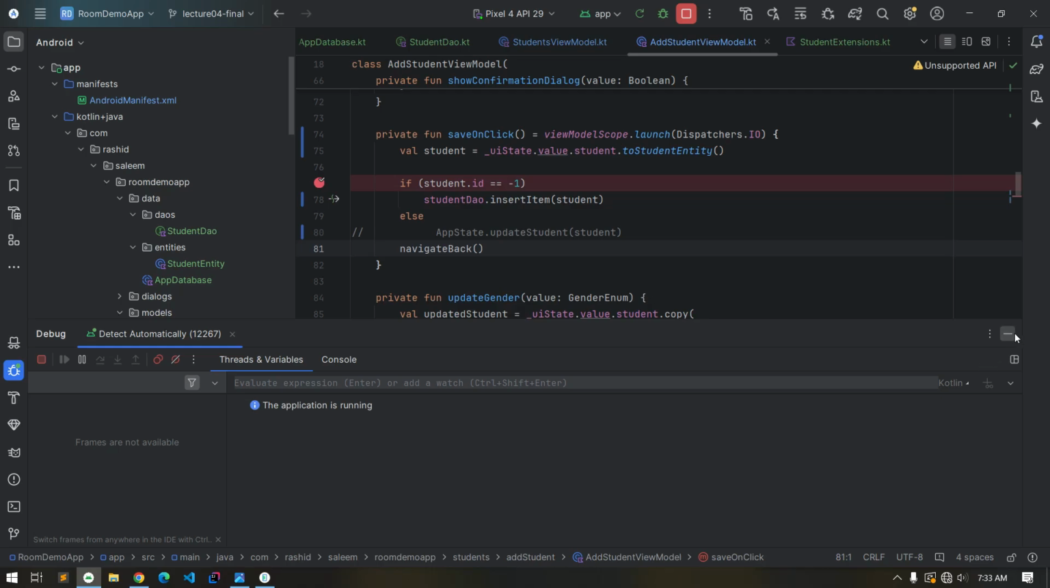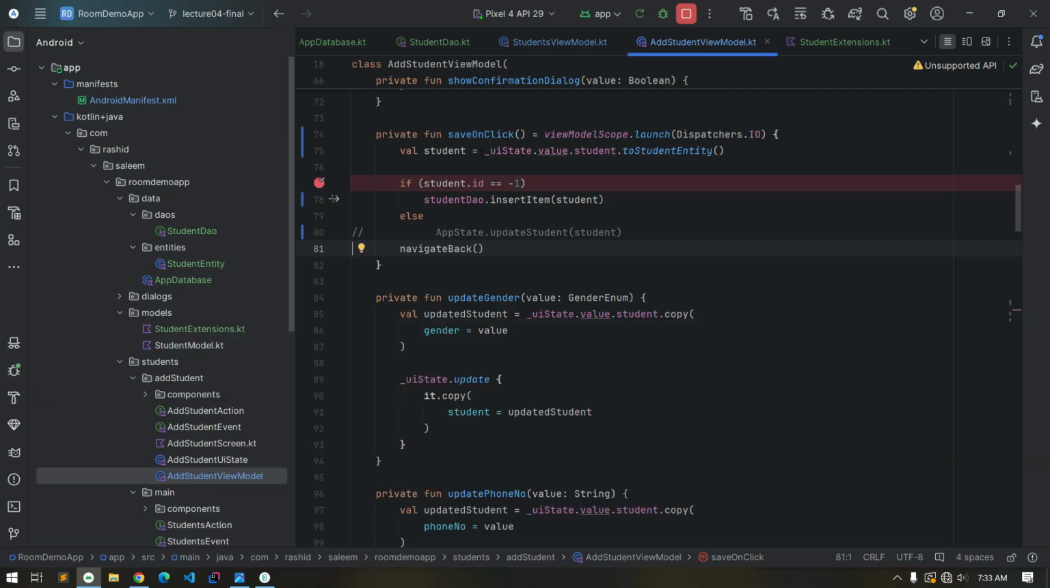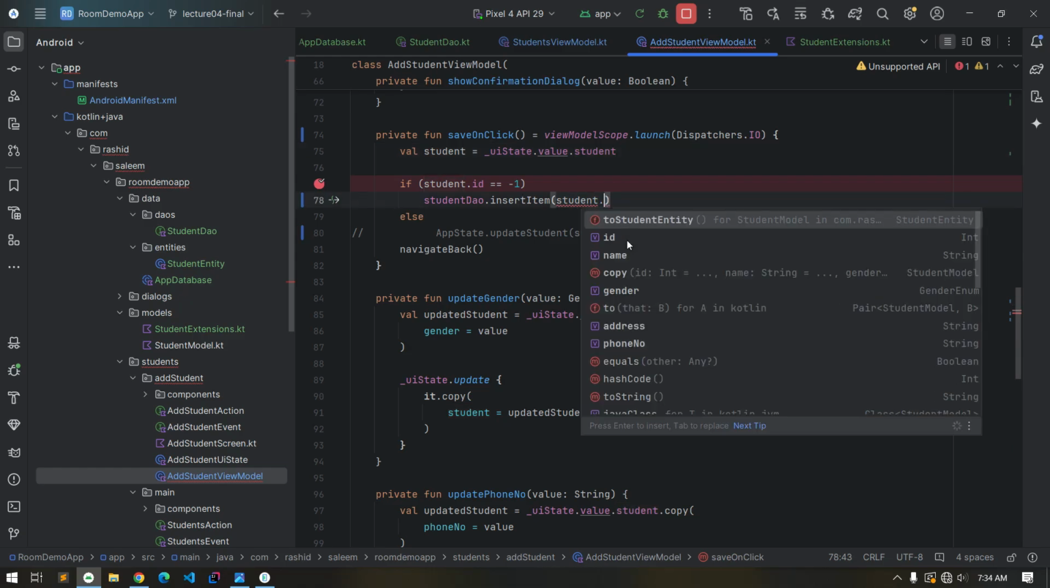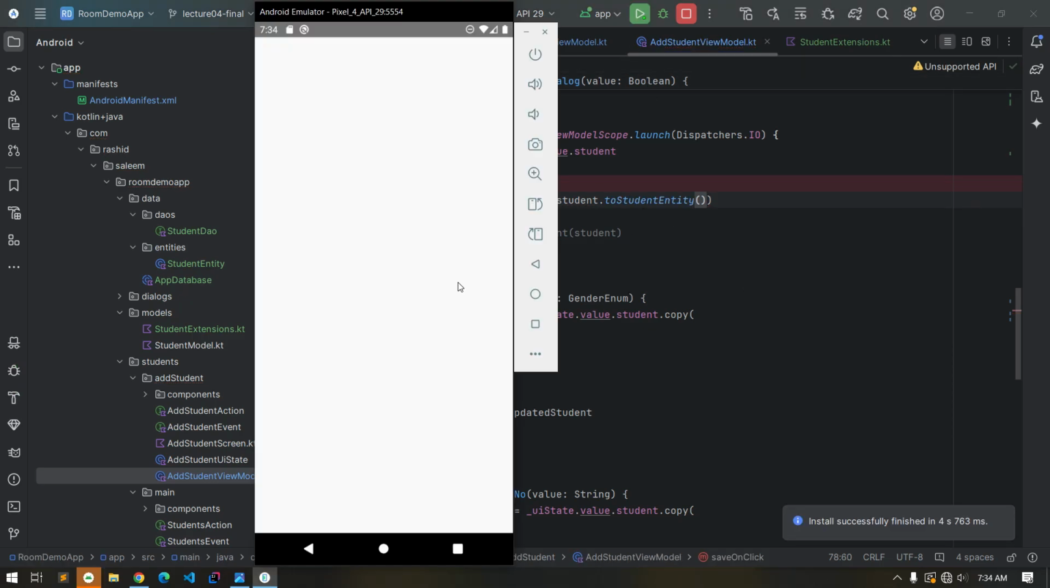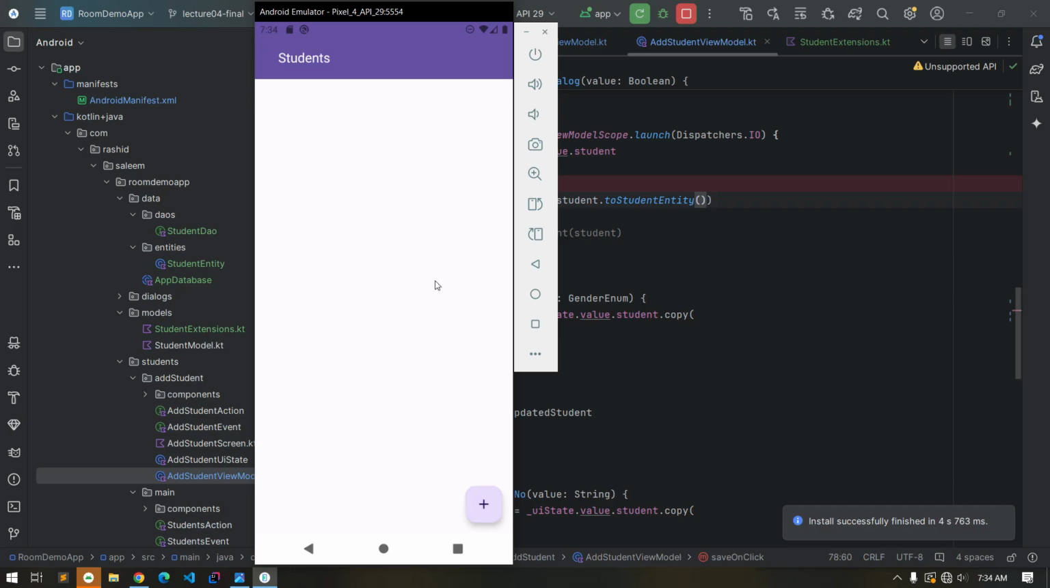Okay, so I have figured out the issue. The thing I am missing is that we are converting this student model to student entity, and at this condition id is null, and we are comparing it with -1. So that's why this block of code is not executing. So what we will do is we won't do the mapping here, we do the mapping at this method to provide the entity to this insert item method. So now if we run the app and add a new student here,